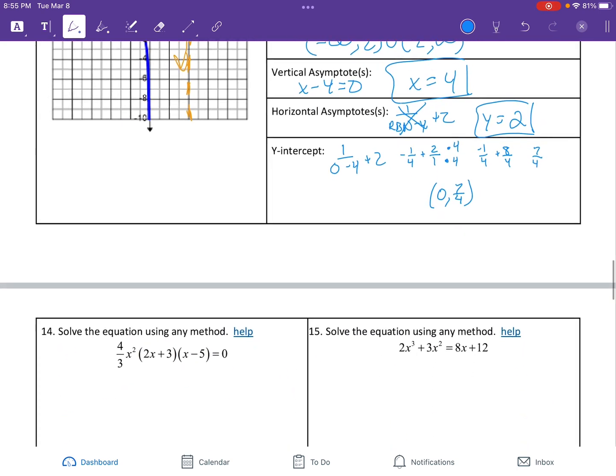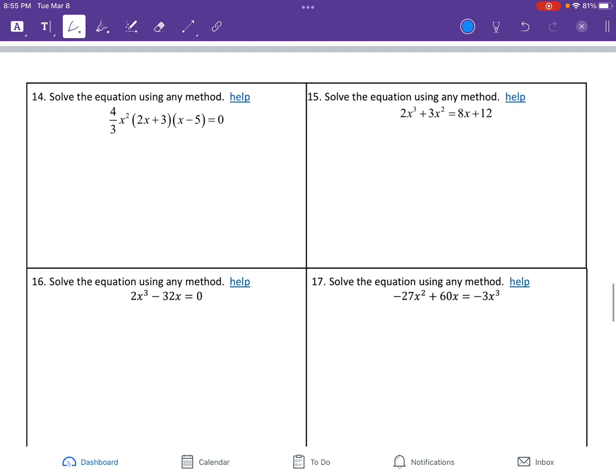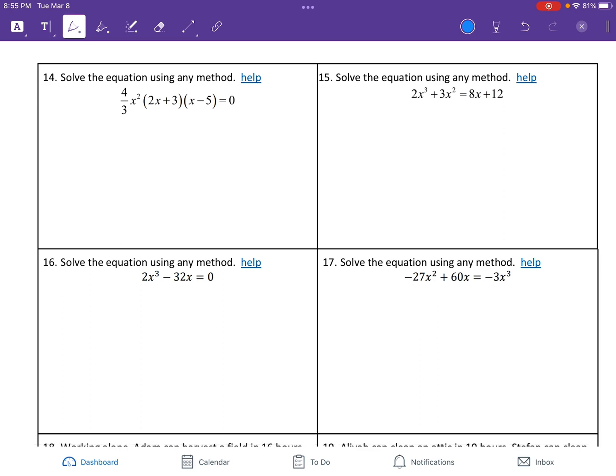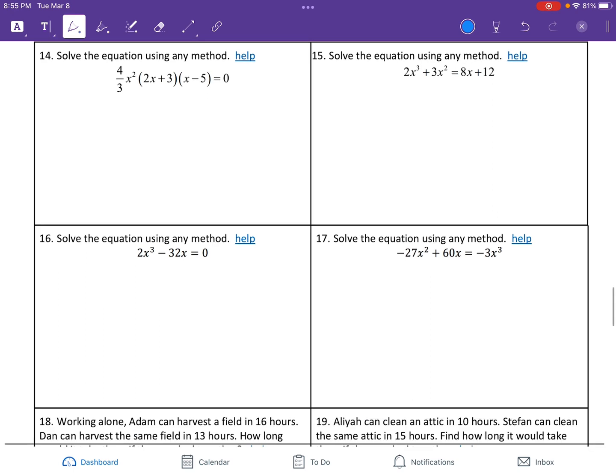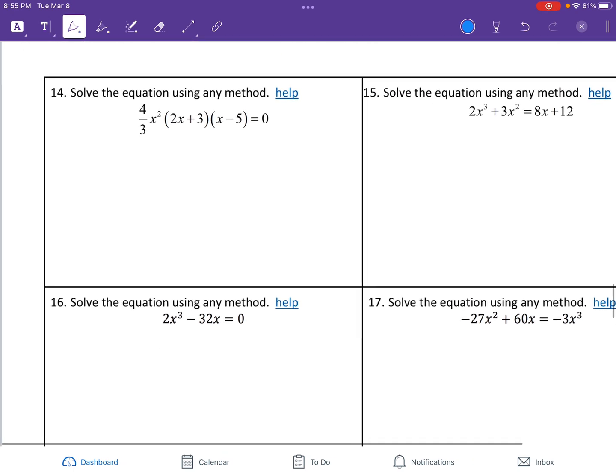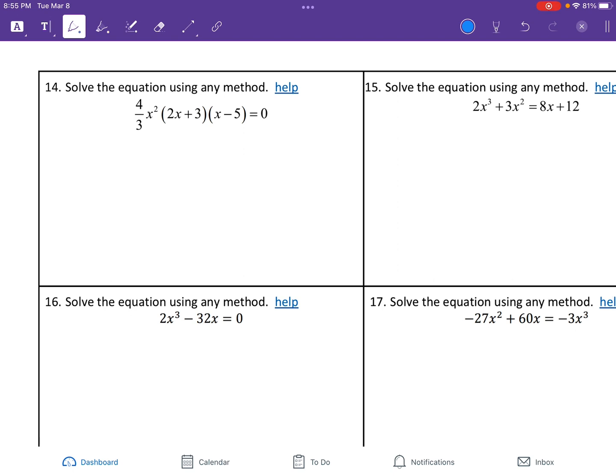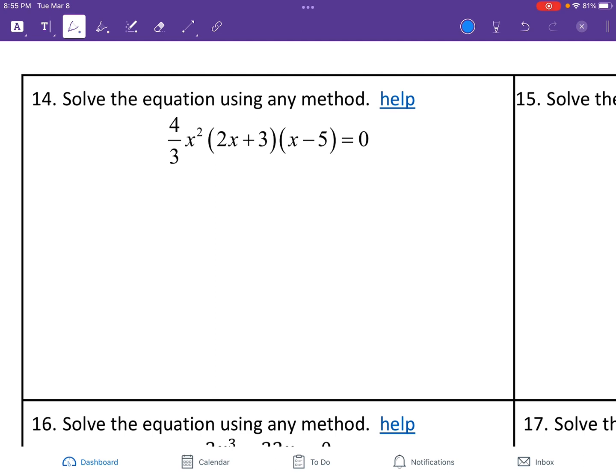Moving right along. Next, an oldie but goldie. These are solved by factoring. Okay. So it says solve the equation using any method. This is kind of a tricky question, only because people want to multiply it out. It's already been factored. Take each individual factor,